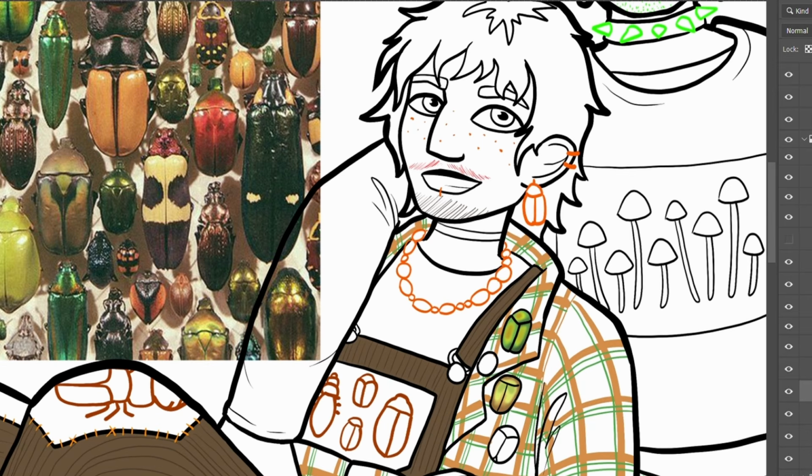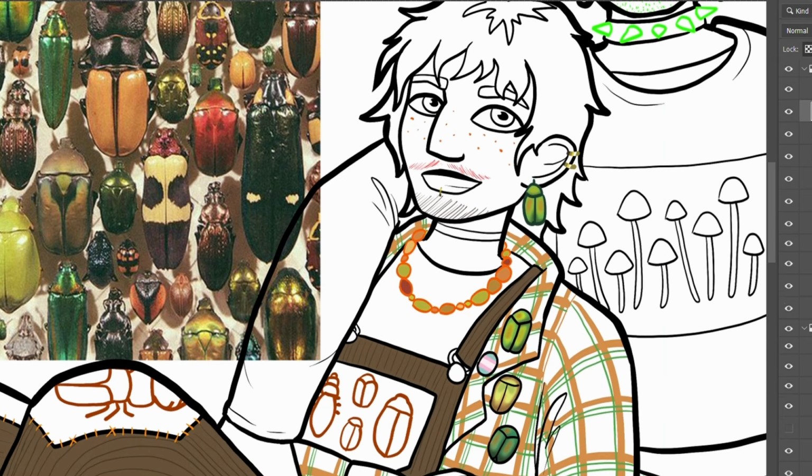Warmed up now, I began the challenge of the Beatle pins on Campy's flannel. I decided to match some of the iridescent Beatles in the photo as close as I could, which was really fun actually. I used a soft brush to add colourful highlights in yellow and orange on a dark green base, and each Beatle pin is unique. There's also a lone trans pin among the iridescents, and even the trans colours are picked from the photograph, which is why the blue is a little more teal than a proper baby blue.